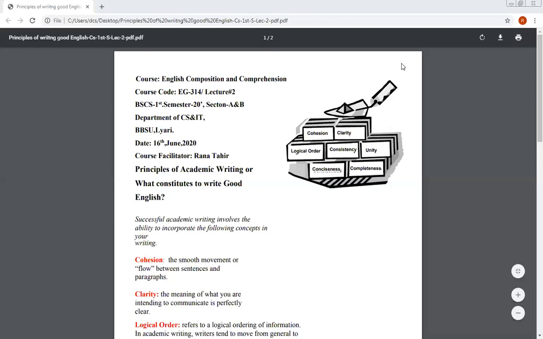Dear students, you must be thinking about this question: what does it stand for as good English? The English we know, the English that is used by the native speakers, the English that is used by the learned or scholarly people. What is the English that is known as good English? There are people who communicate and write in English in different ways, but which language is categorized as good English, particularly in the context of writing compositions?